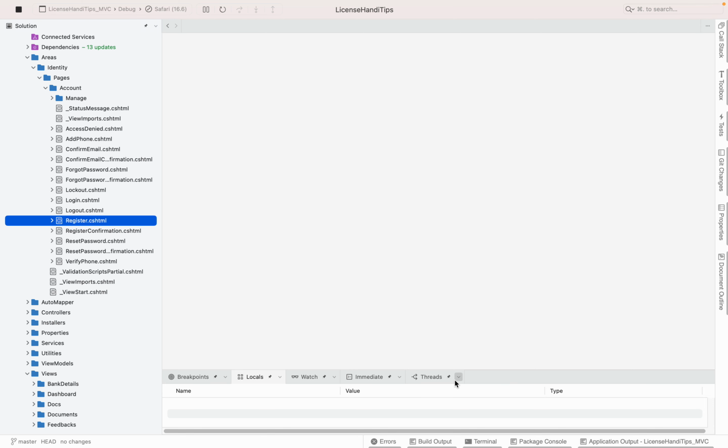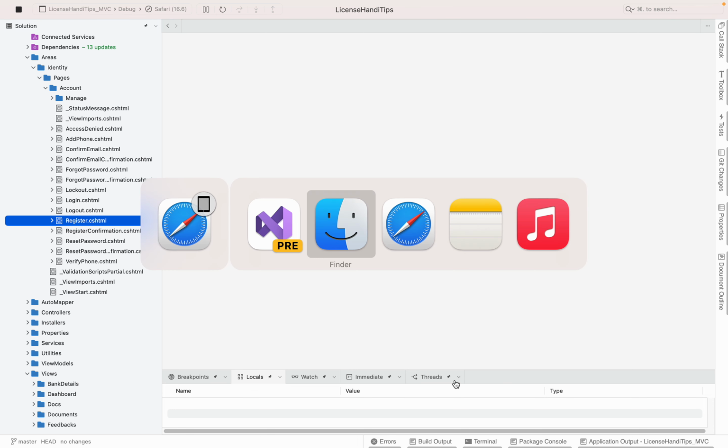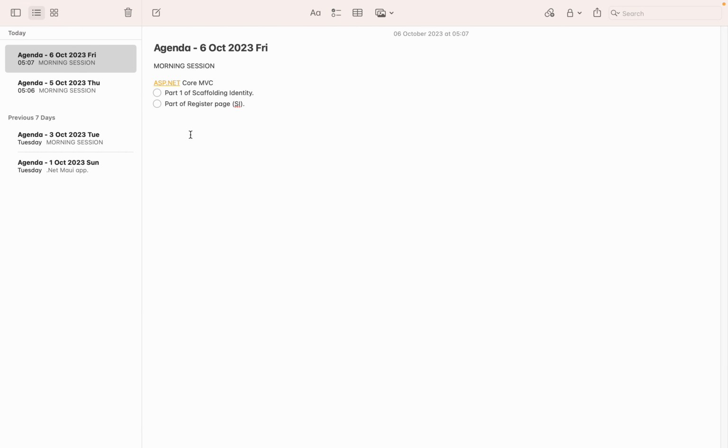Hello guys, welcome back. I'm gonna get straight into part 2. Let's jump to it. According to our agenda, we are done with part 1. We understood what scaffolding identity is using RCL, Razor class library. So now we're gonna look at part 2, which talks about the register page of SI,